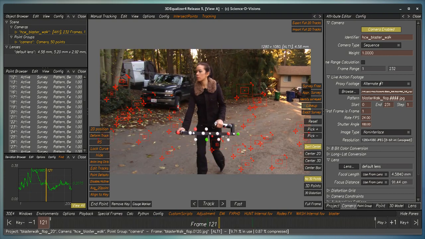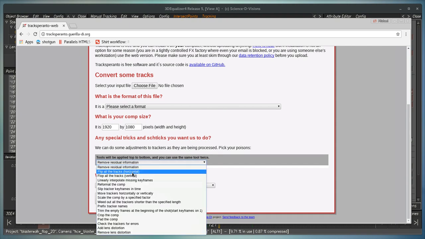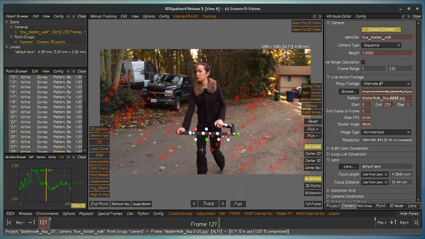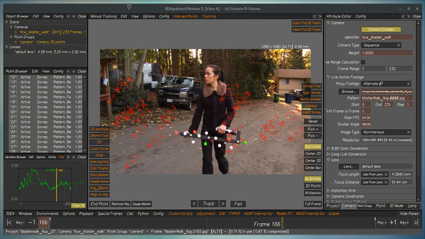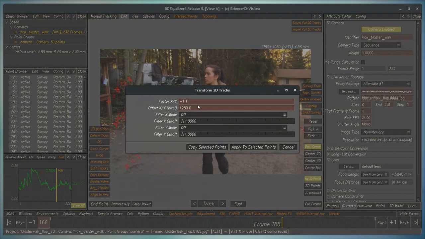So of course we could use Tracksperanto, and we would go here to flip all the points horizontally, but equalizer will do it internally as well. So we select all of our points with a flopped plate, transform 2D tracks,